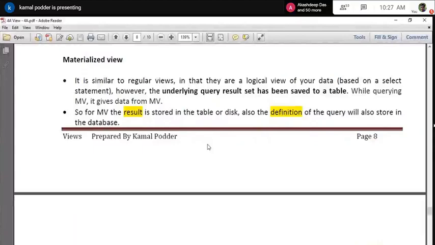Sometimes we can say that it is a snapshot. At a particular time, if you run it, it will automatically retrieve the data available in the base table up to that time, create that result set and preserve it for you.